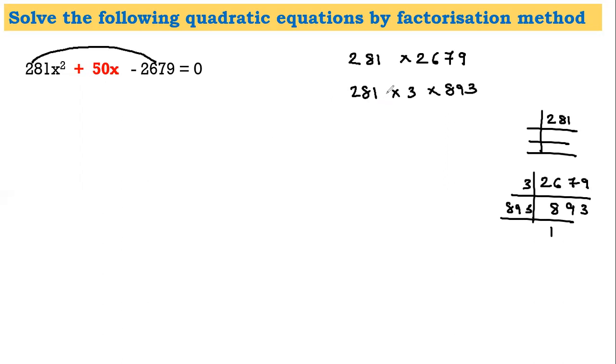Now students, once you have prime factorized or found out factors as much as you could, you would say, sir, how would I know 281 is a prime number or not? My suggestion is, if you can't find the factors, write as it is. Now 893 can be further factorized. Suppose you don't know 893 is divisible or not, you write as it is. First check whether this combination gives you answer or not. If not, then try to factorize any of the other number.